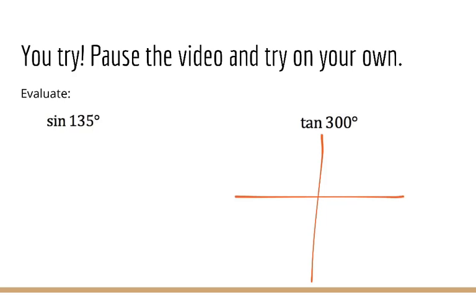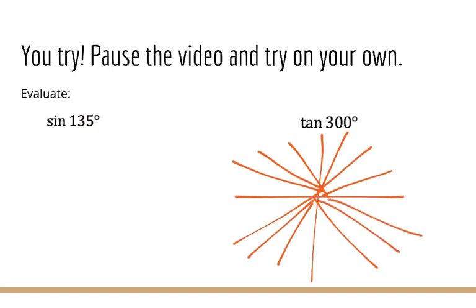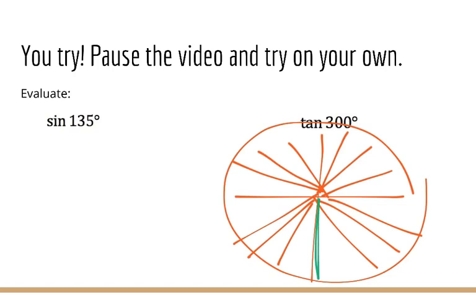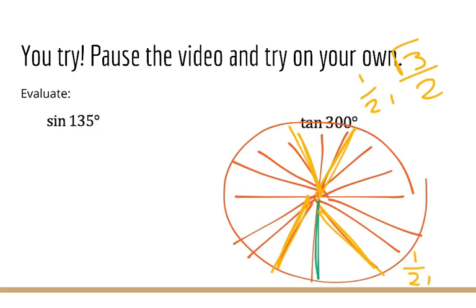Tangent of 300 degrees. So where's 300 degrees? Well, I know that, I'm drawing these not very even, I know that 270 degrees is right here, and 300 degrees would just be 30 more than that, so I know that it's this line right here. So that's going to correlate to all of these ones that are closest to the y-axis. And I drew this really quick and sloppy, so excuse the fact that that's definitely not perfect. And remember that these coordinates are 1/2 comma square root 3 over 2. So then these coordinates down here are also going to be 1/2, but then for the y it's going to be negative square root 3 over 2 since I went